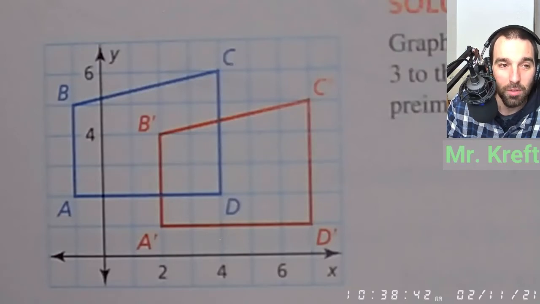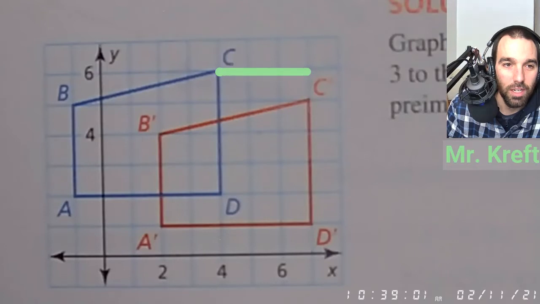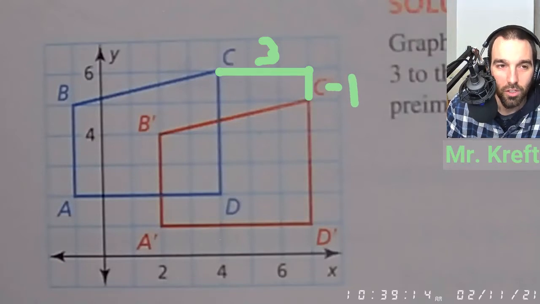So what I'm doing is I'm going from this blue image to my red image. So I'm going to check. If I start at C, oh my gosh, that's huge. Okay, let's make that smaller. Okay, so I'm going to start at C. I'm going to go right 1, 2, 3. So that's 3. And then I'm going to go down 1. Do you guys see that? So if I start at my pre-image, C, to get to C prime, I'm going to go right 3, down